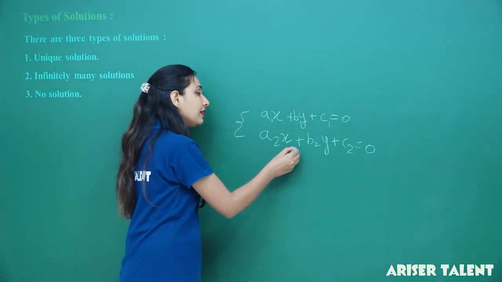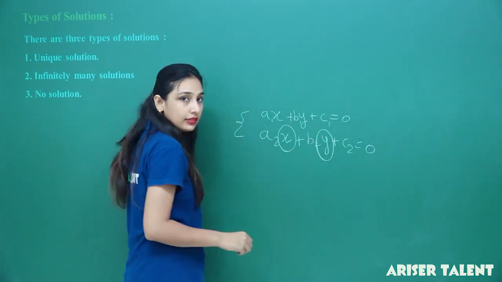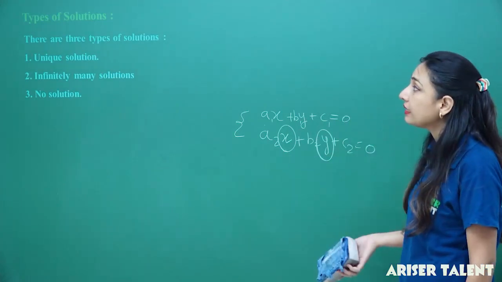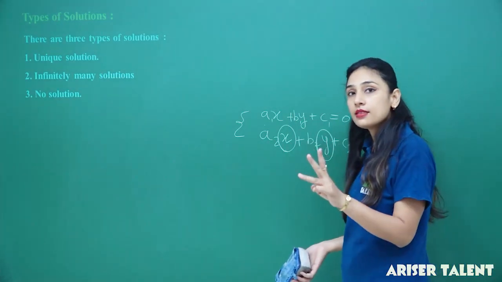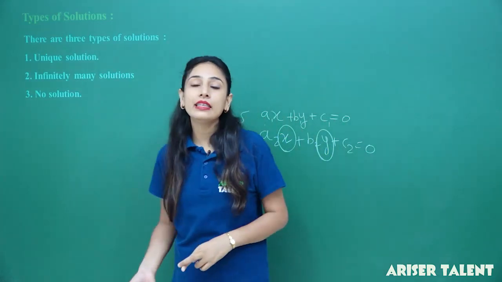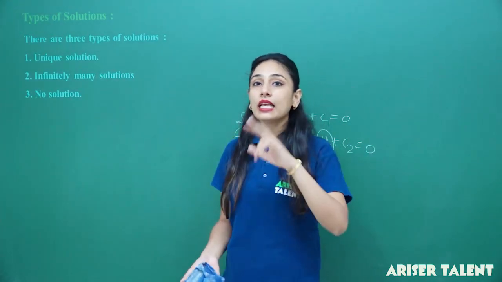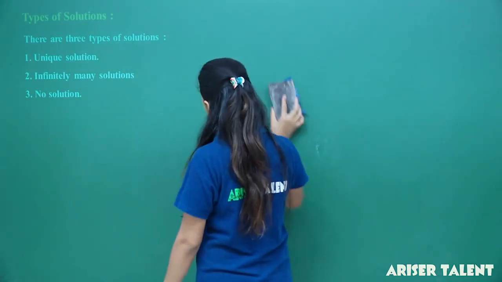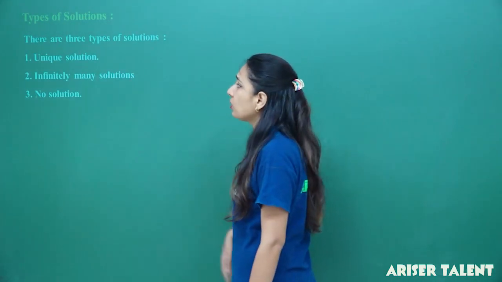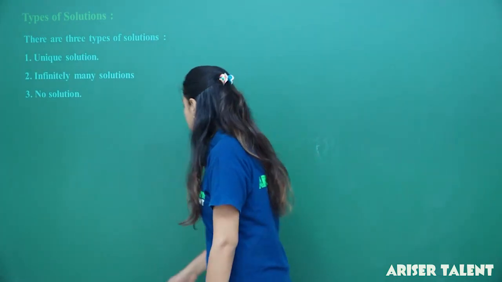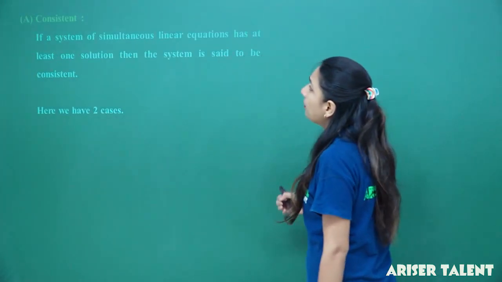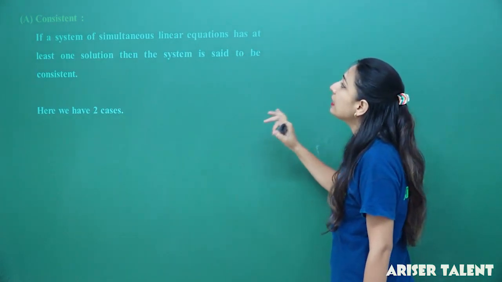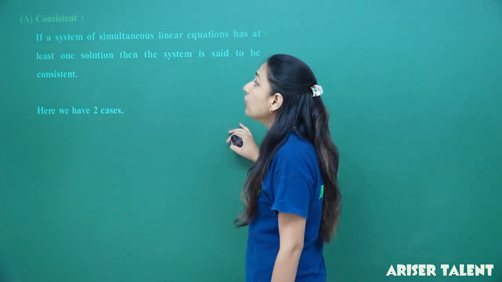Something like that, you can be having the value of x and y's here, right students? Now, if you go for the solution part and you draw lines, we will be studying three cases. The lines can intersect each other, cannot intersect each other, or can be overlapped. So we will discuss these three kinds of cases as unique solution, infinite many solutions, and no solution at all. Right students? So, if I'm having this consistent type, if a system of simultaneous linear equations has at least one solution,